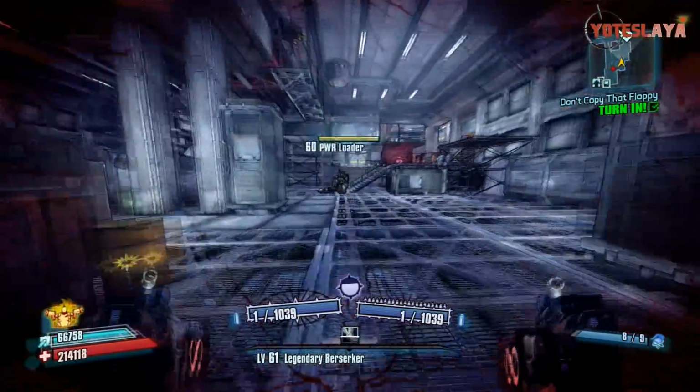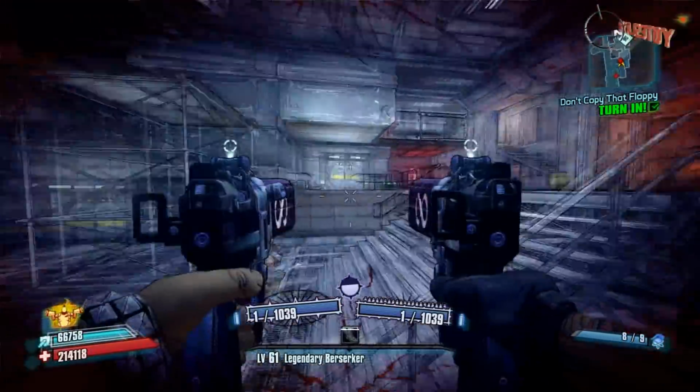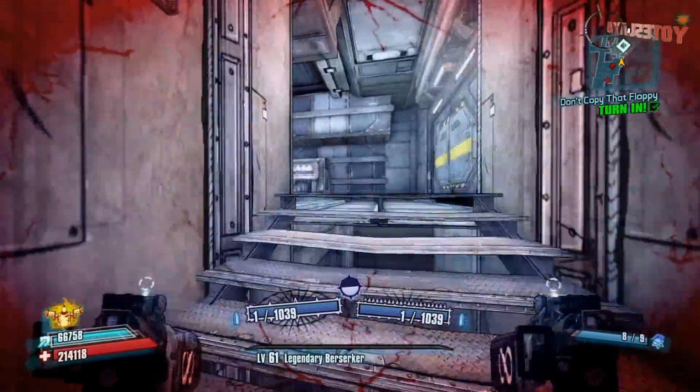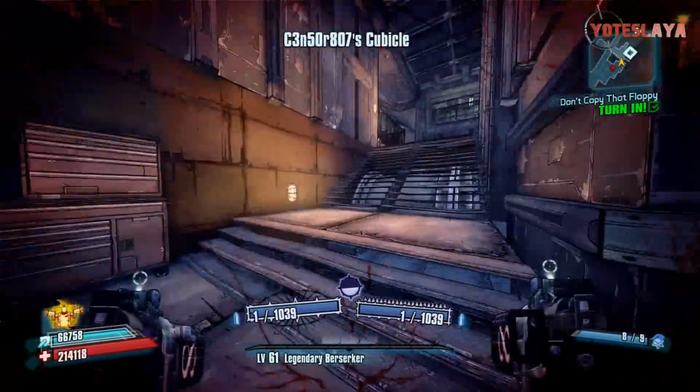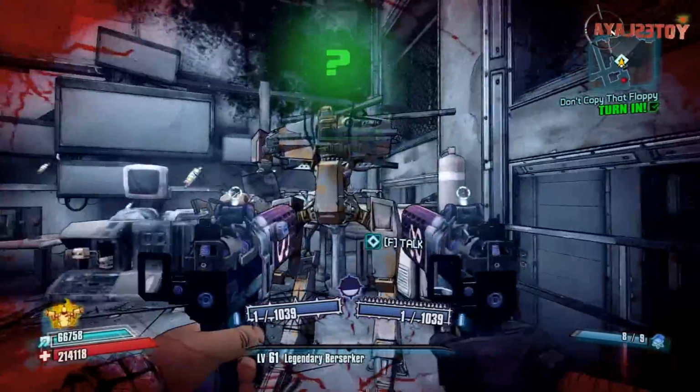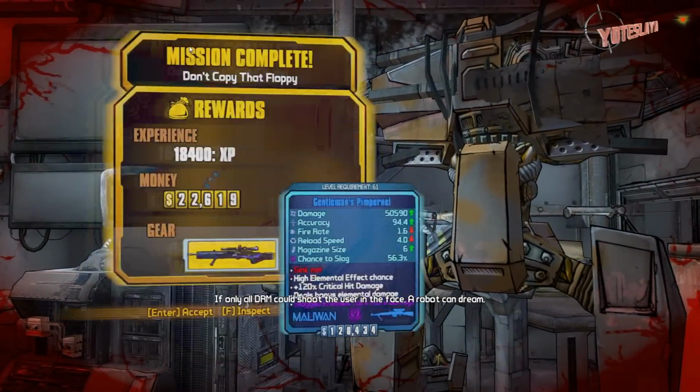Now, this is part of the first DLC, Captain Scarlet and Her Pirate's Booty, so you will need to have that. The mission is Don't Copy That Floppy. You can see that I've got it ready to turn in. You do get it from SensorBot. So you just go to SensorBot, get this mission, and then once you get it done, go and